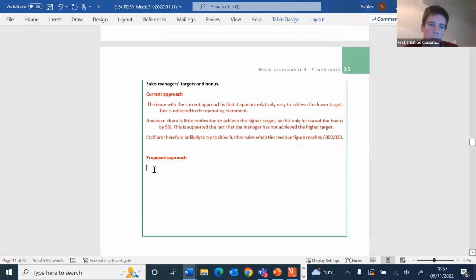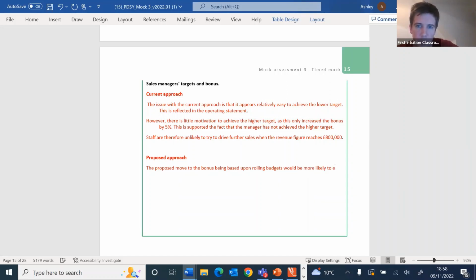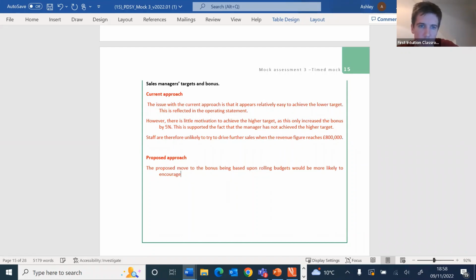Okay, so in the context of the bonuses, I would say the proposed approach, or the proposed move to the bonus being based on rolling budgets, would be more likely to encourage the manager